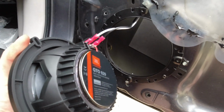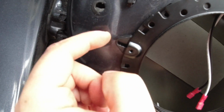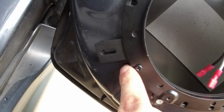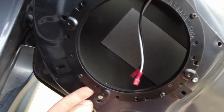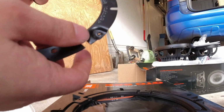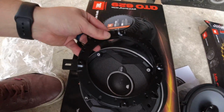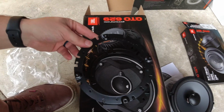I just want to show you what I did. It comes with a plastic piece that has really long tabs sticking out of it, and then it comes with a metal piece. So it comes with this metal piece that says right here "speaker side." It's kind of hard to explain, but you're gonna take this metal piece, and